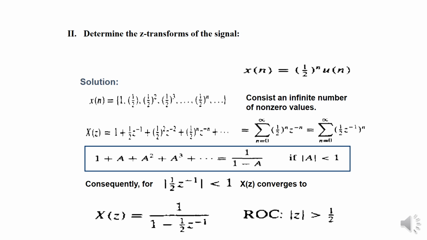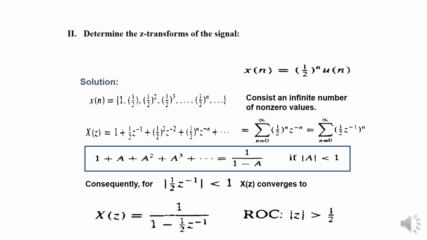I will explain this one again. x[n] is 1 over 2 to the power n u[n], which means x[n] only exists from n equals 0 to infinity. This is an infinite duration signal, right? So if you find X(z), you will get 1 plus 1 over 2 z to the power minus 1 plus 1 over 2 to the power squared z to the power minus 2, and so on. Likewise, sigma n equals 0 to infinity of 1 over 2 to the power n z to the power minus n. Then taking the n out, this will be sigma n equals 0 to infinity of 1 over 2 z to the power minus 1, all to the power n.